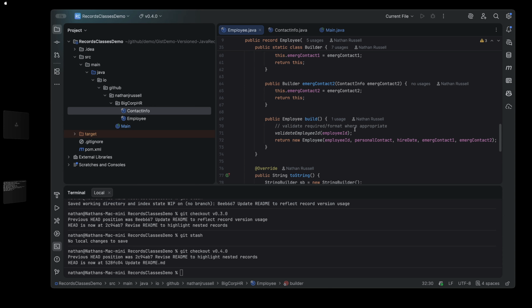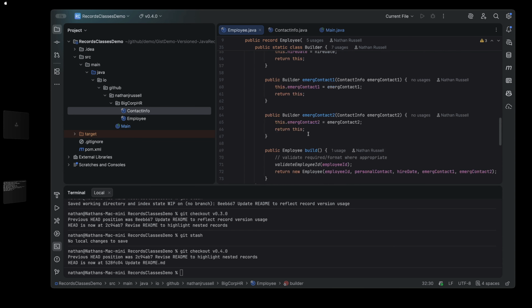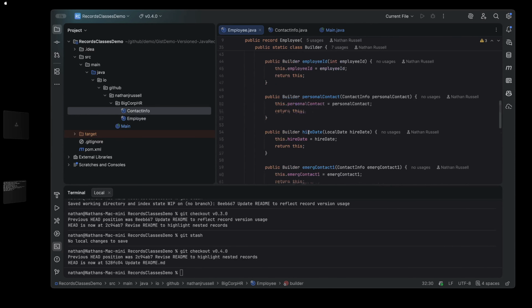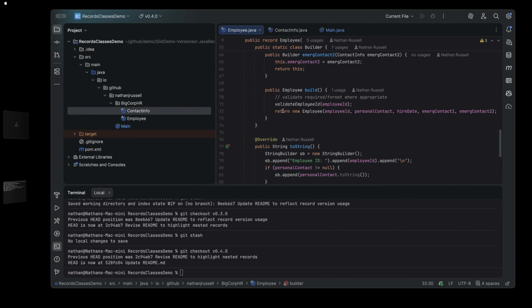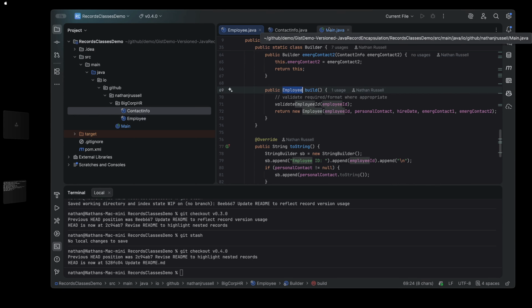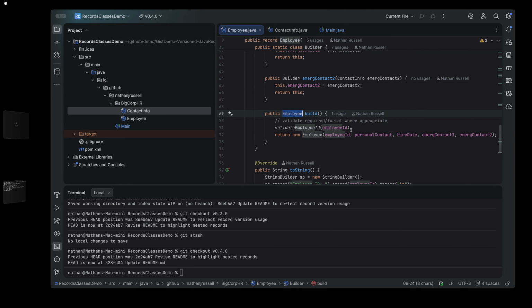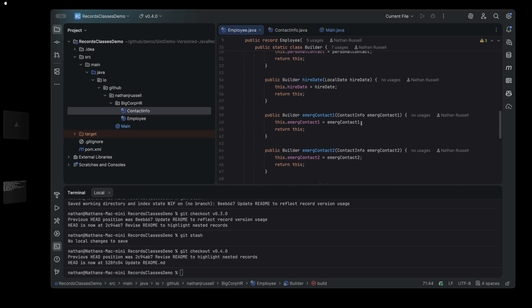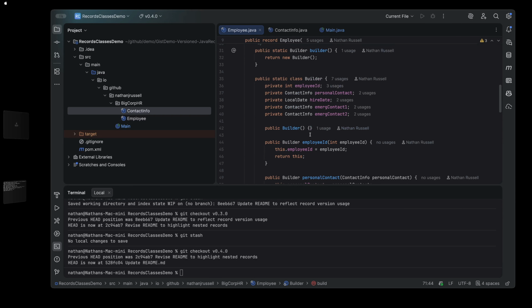It validates the employee ID. You can actually move this validate employee ID up to here. And then you have return new employee, where you pass all this information and you've constructed a new employee record. That's where the data is no longer mutable. Now, here's the cool thing. What happens if you were to pass this validate employee ID? That's where we have to have like a 7-digit number, right? So if you were to pass this up